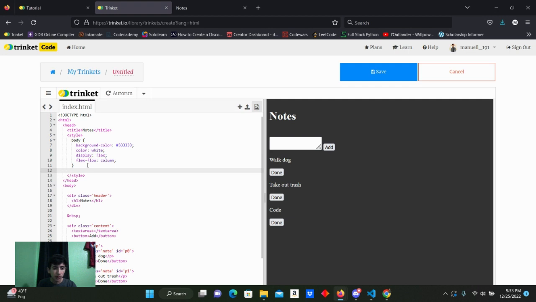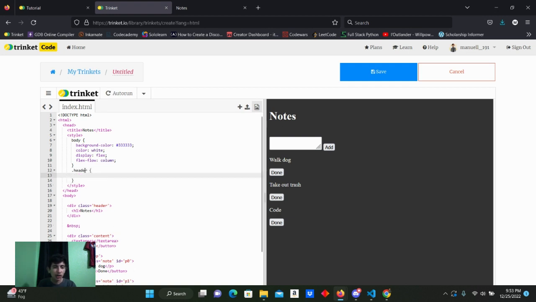The header. So the way we target, we don't want to target every div. We want to target just the header. So what we do is dot header. So in here, we want the background color to be darker than the rest of the website. So we're going to do 444. Sorry, lighter. So there we go. And so the problem is